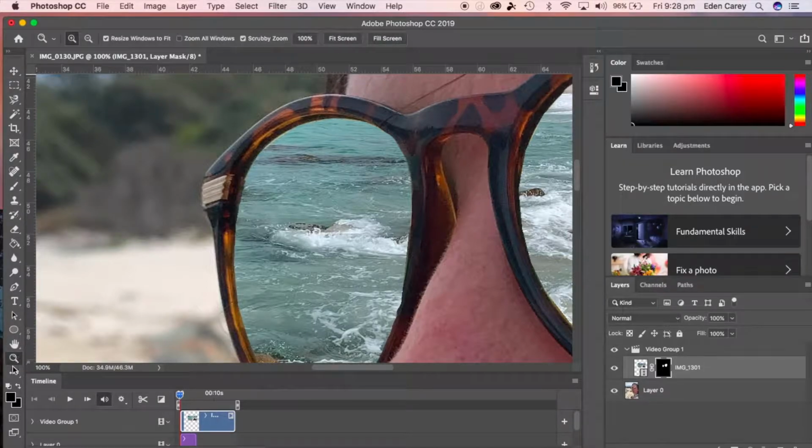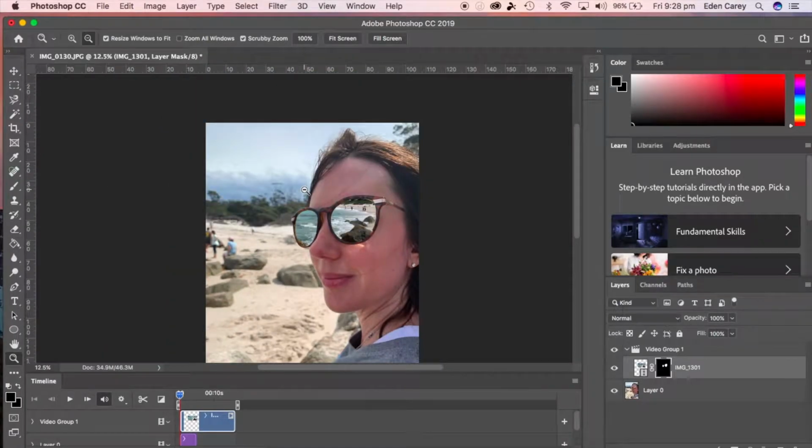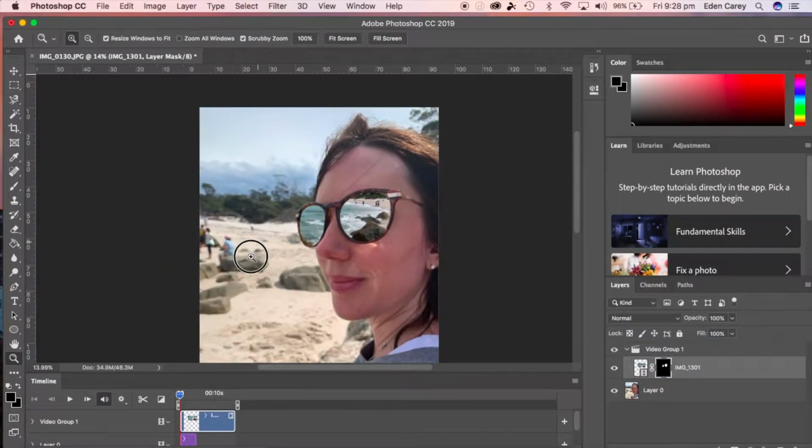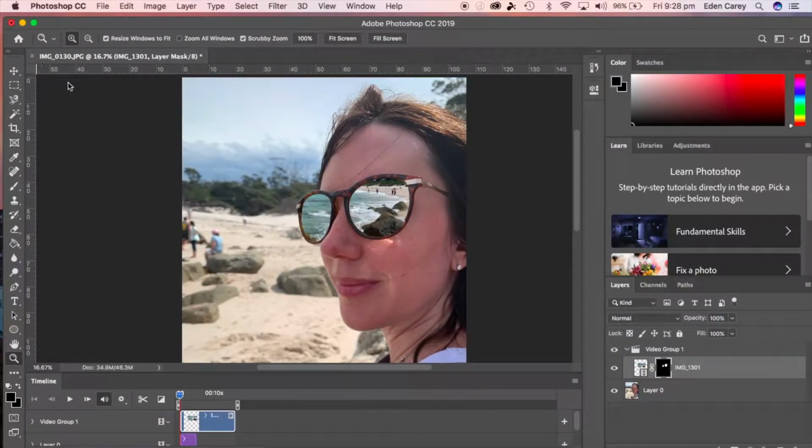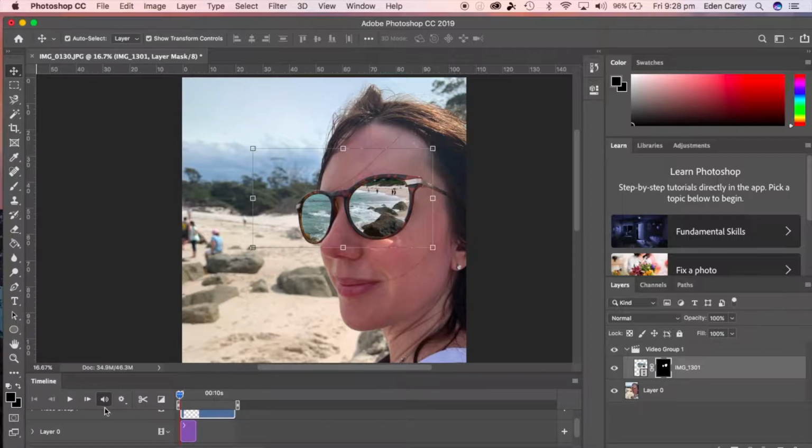Forgot to zoom out there. So there's another magnifying glass there. Zoom out. Look at that. Might go a little bit closer. Okay. So here we have now on our timeline, if we hit play,